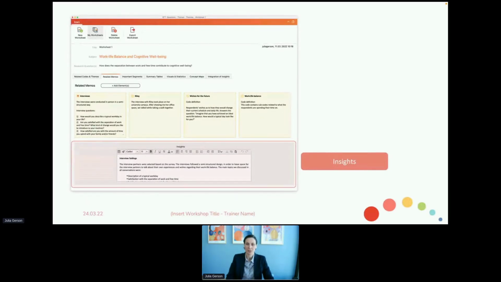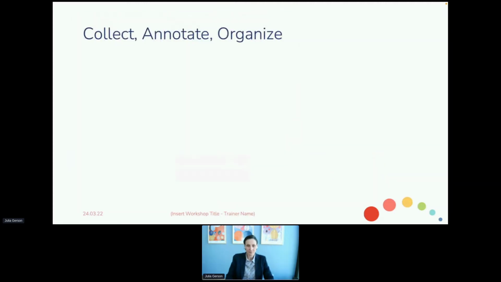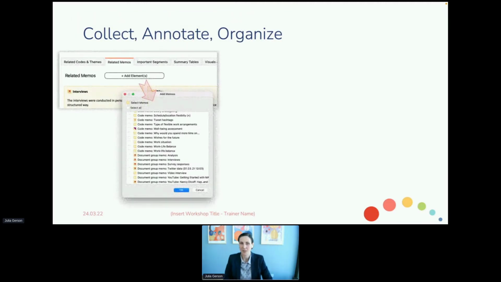But you probably ask yourself, okay, how did this get in here? Like, how do I collect the data? How does that work? It works differently for different elements. Here's an example of how it works for the memos. You have a button and it says add elements, and when you open it, you get a list of all of the memos. It works the same with maps, with summary tables. And then you have a list and you just select something, you click OK,